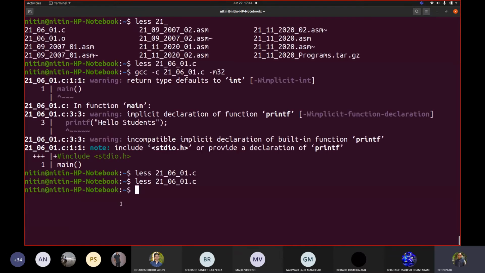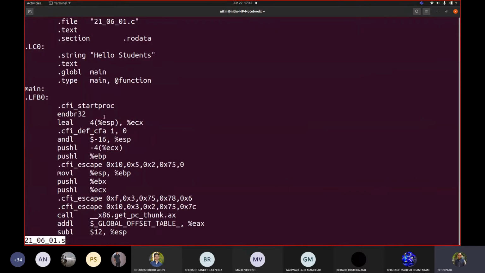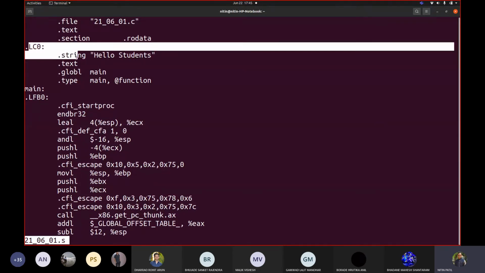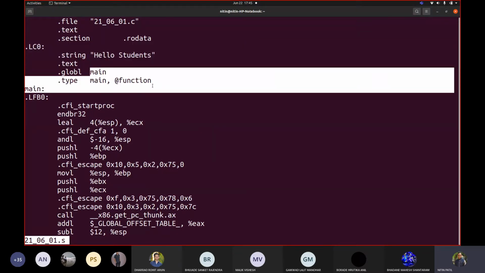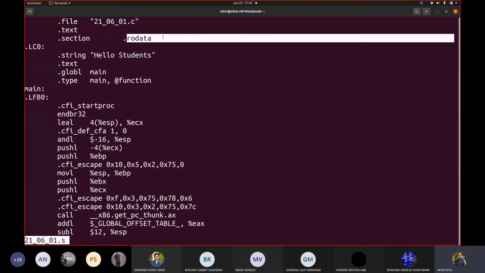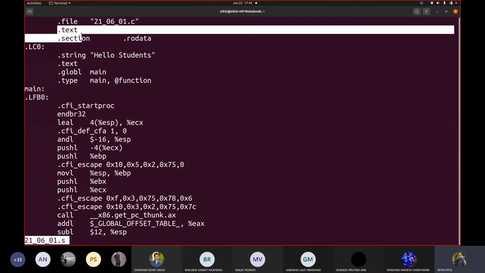Sorry, I did dash c, I should have done dash S. If I write dash S and open that code, there is something added as hello students and something called .LC0. This is a local constant, or you can say a literal constant, and its type is text. There is a function called main, and its type is function. There is something called rodata, which is read only data. There is something called file, which is the file name, also of type text, and so on.